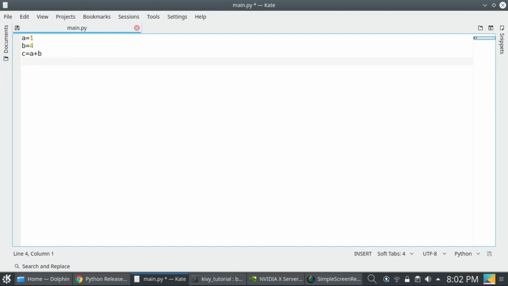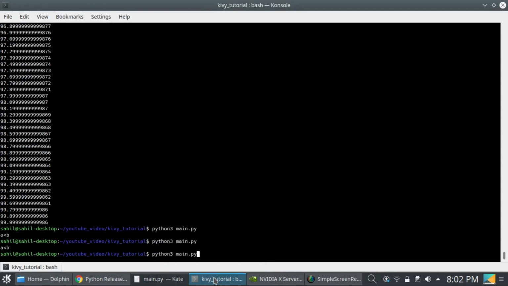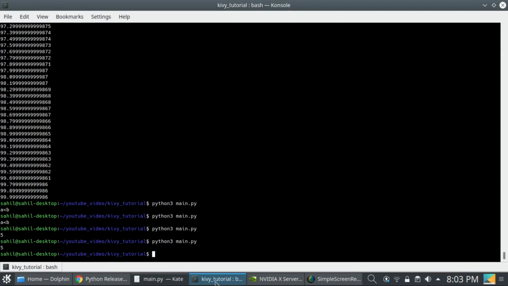I am adding a and b, so you can print a plus a, print c. Now to run this, open the terminal here and type python3 main.py. You can run it like this.